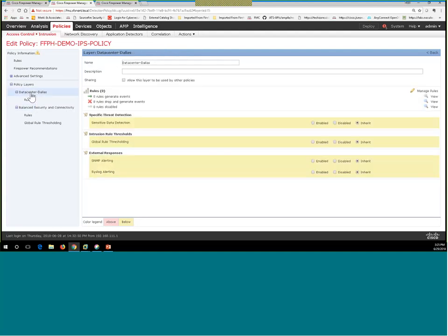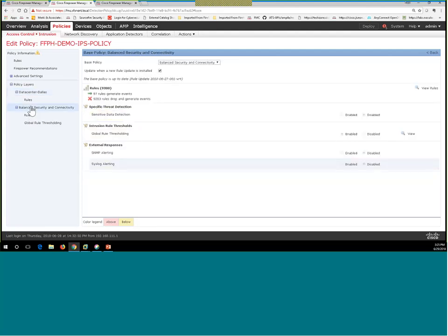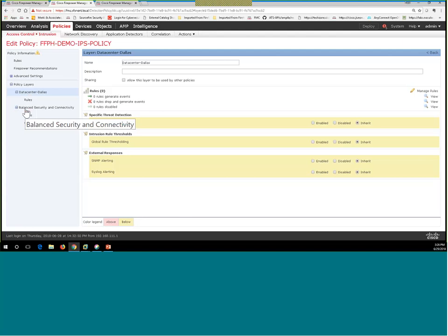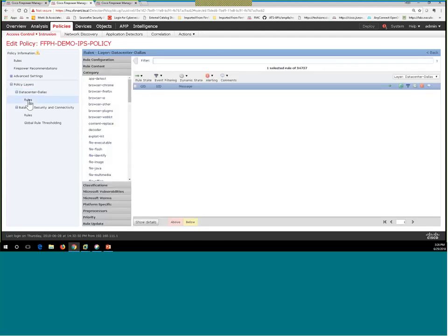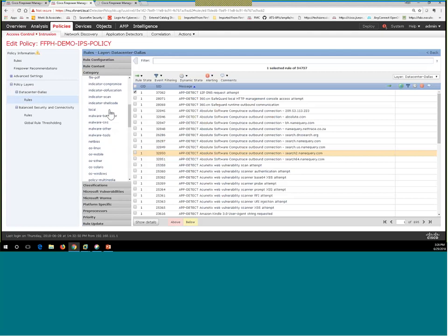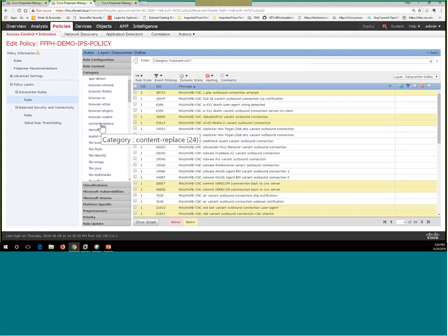So now my intrusion policy is going to be made up of rules that come from Cisco as well as rules that come from my own layer, which in fact would override if there's a conflict between the base layer from Cisco and the layer that I created. So if I go look at the rules, now I could come in here and I could say I'm going to look at the malware command and control. When I check this,